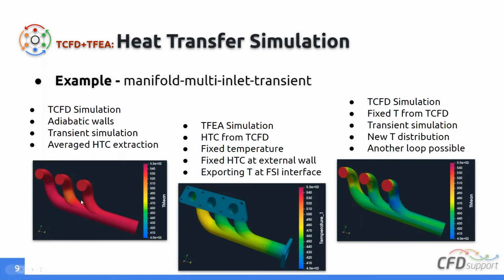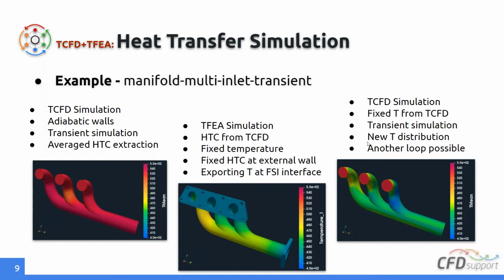These fields are taken and set as an input for the FEA simulation. So we get all these parameters from TCFD. We can set some fixed temperature on these connections, for example, and set the constant HTC coefficient at the external wall. And then the results can be exported in a CSV file, and loaded back into the next CFD simulation. So now we use a fixed boundary condition for the walls with a given distribution we got from the solid simulation,